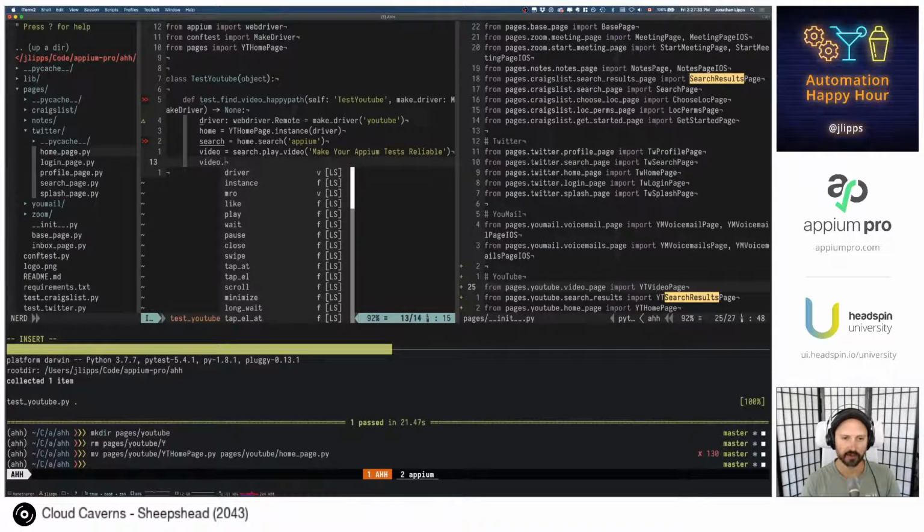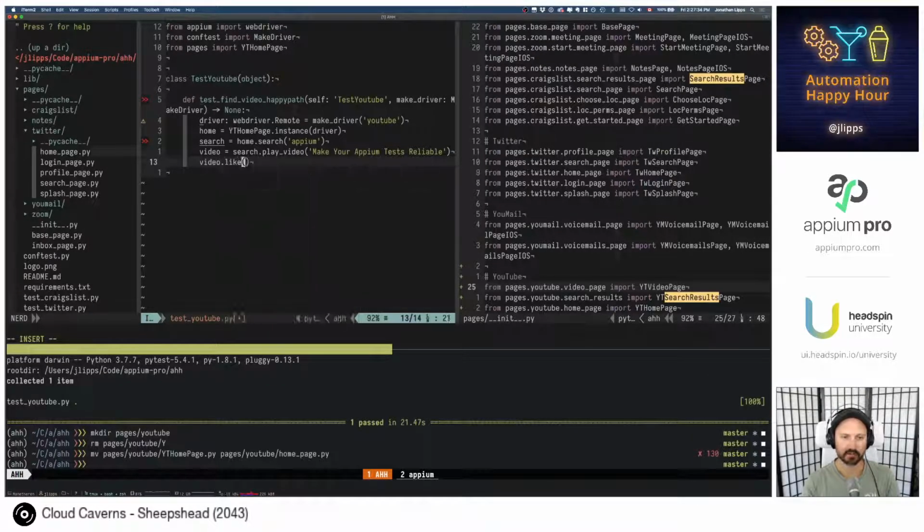Okay, so what we want to do, let's first like the video, then let's pause the video, then let's play the video, then let's minimize the video, then let's close the video, and then let's navigate back to home.